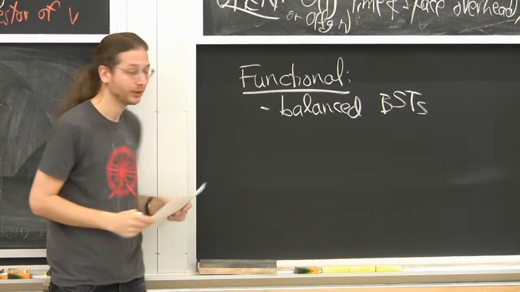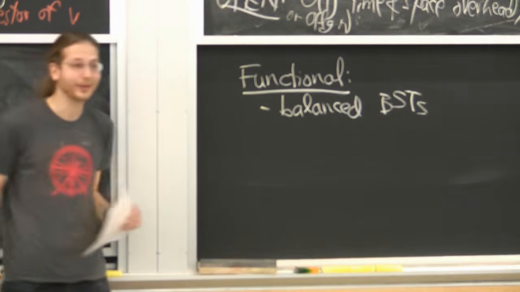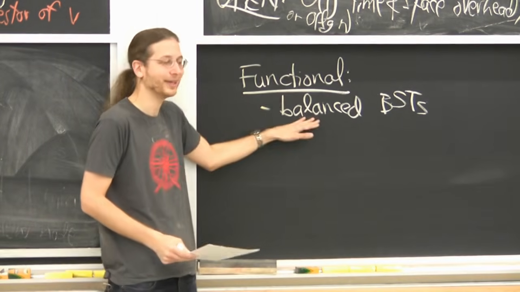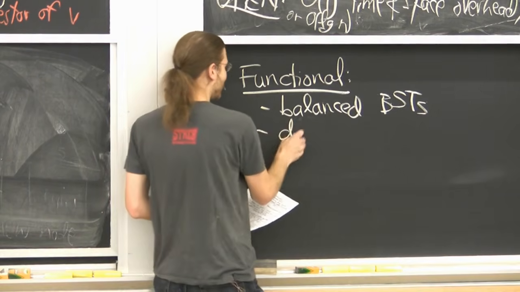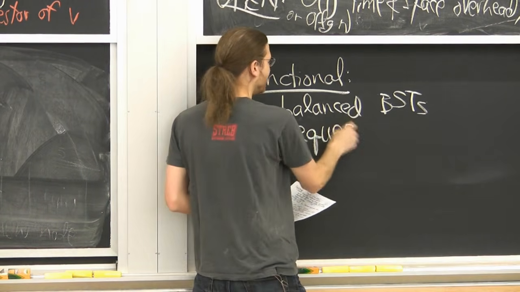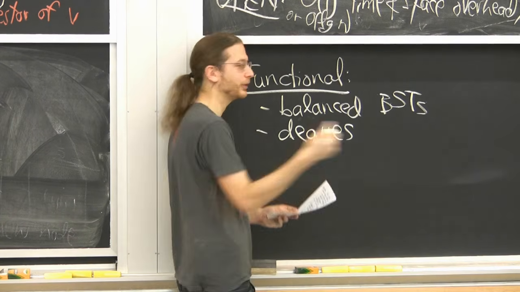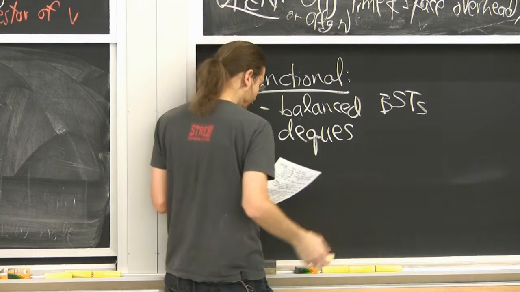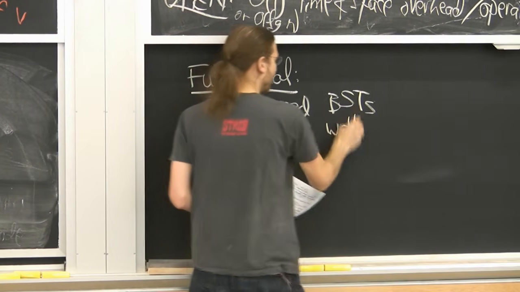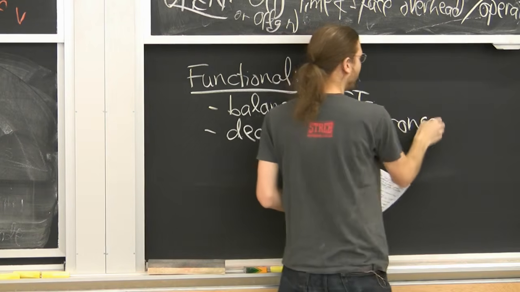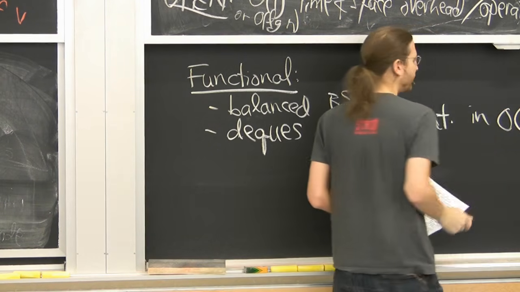Sometimes path copying is very useful, like link cut trees, for example, can be made functional. We don't know what they are, but they're basically a balanced BST, and you can make them functional. We use that in a paper. All right, DEX. These are doubly ended queues, so it's like a stack and a queue and everything. You can insert and delete from the beginning and the end. People start to know what these are now, because Python calls them that. But you can also do concatenation with DEX in constant time per operation.